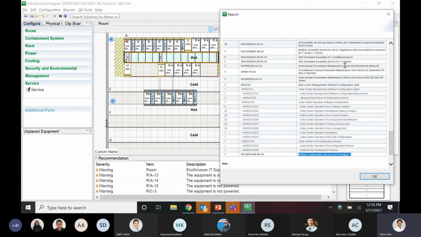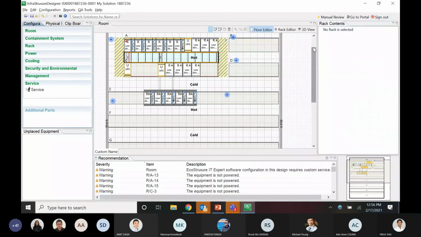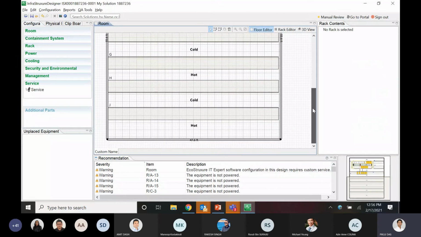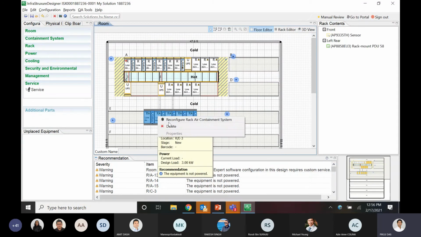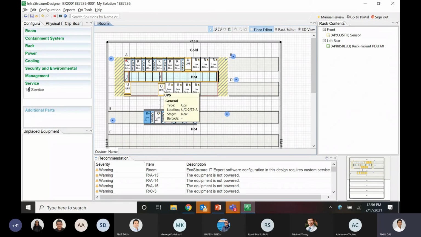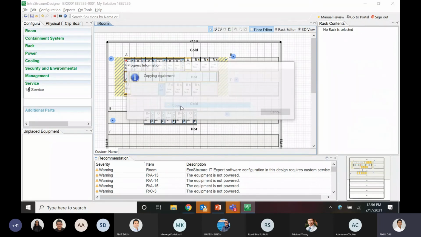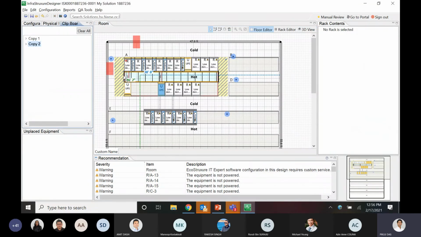I understand it's quite a huge one, but just to show what ISFG is capable of. There are also many features in ISFG, like you can directly copy things, and then drag and drop them inside the containment or wherever you would like to.